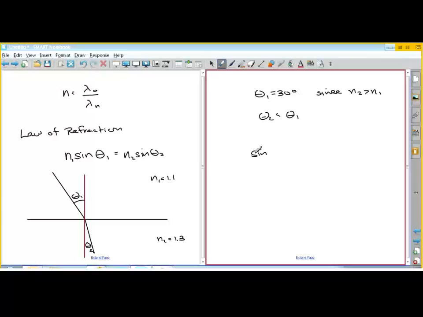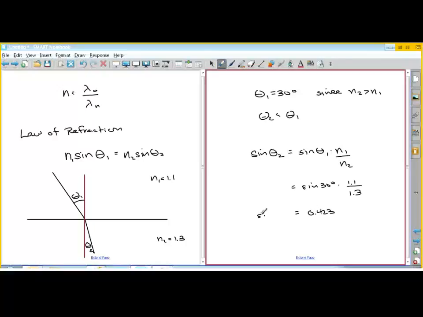So let's solve for the sine of theta 2, because that's what we're trying to figure out. We know theta 1 is 30 degrees. So you get the sine of theta 2 is equal to the sine of theta 1 times n1 over n2. So you just plug in the sine of 30 degrees times n1, which is 1.1, divided by n2, which is 1.3. The sine of 30 degrees is a half. So we get 0.5 times 1.1 divided by 1.3, which is